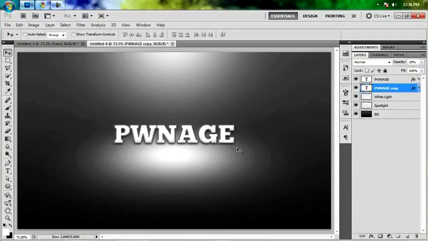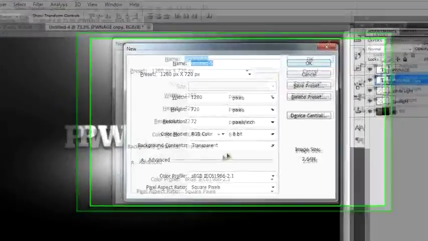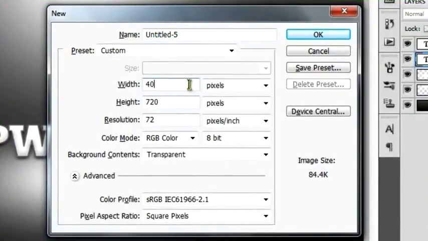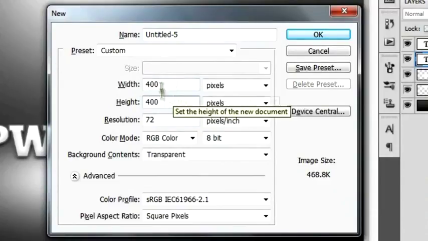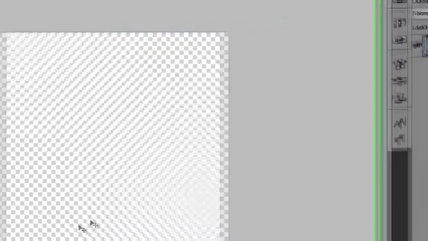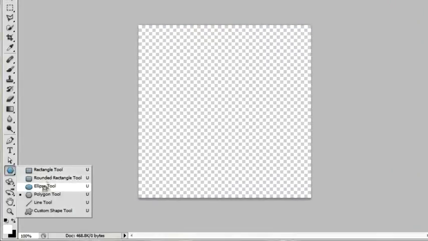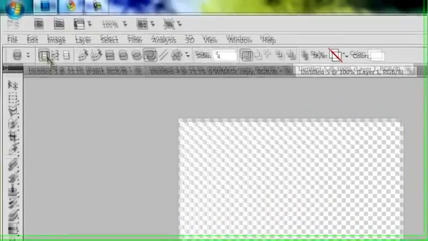And the way we're going to do that is actually make a custom brush. So let's go ahead and open up a new document. Let's make it maybe 400 by 400, and depending on the size of the diamonds that you want, make it accordingly. We'll hit OK. And then go down here, we're just going to grab our polygon tool, make sure we're set